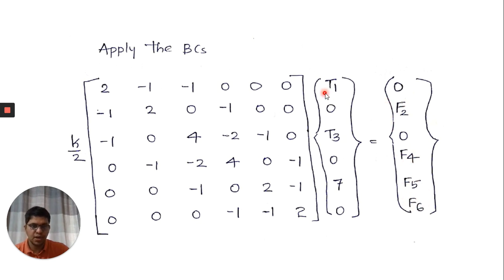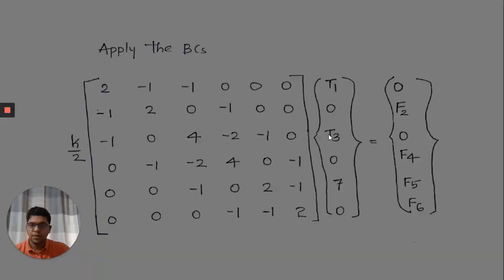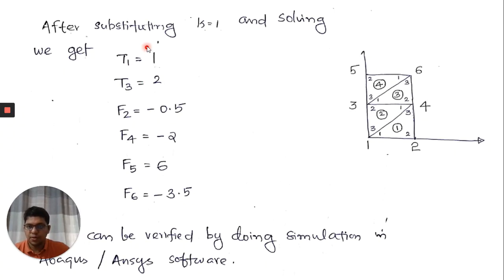What is the number of unknowns then? 1, 2, 3, 4, 5, 6. So a total of 6 quantities are unknown and need to be found out. And if you look at how many equations we have, 1, 2, 3, 4, 5, 6. So you have 6 equations and 6 unknowns. So you can solve these 6 equations and find out these 6 unknowns. So if you solve it, you can substitute k is equal to 1. That is the value given in the problem. So you can substitute k is equal to 1 and solve all the equations.